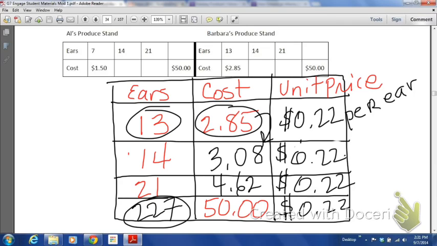Question, what did you have to figure out? Write two equations. Who did that? We did the table. Where's the better buy? I guess Al is the better buy at 21 cents per ear. 22 cents per ear at Barbara. Not a real huge difference at all. But again, writing equations based on table information,